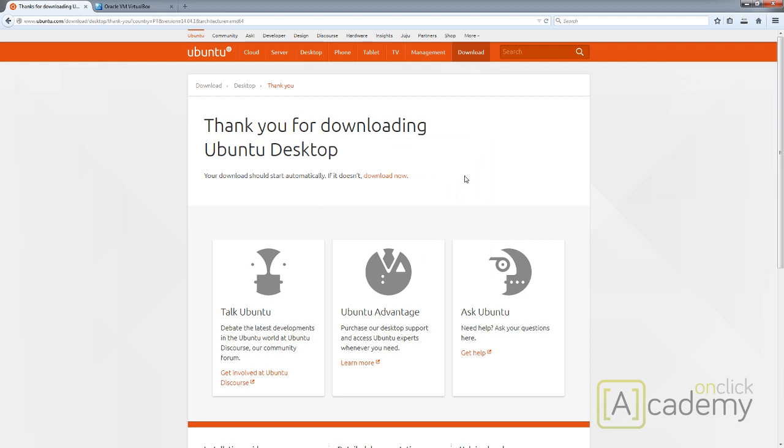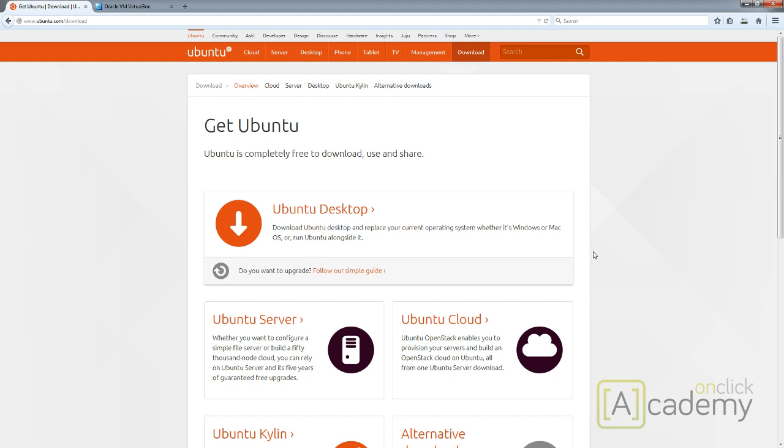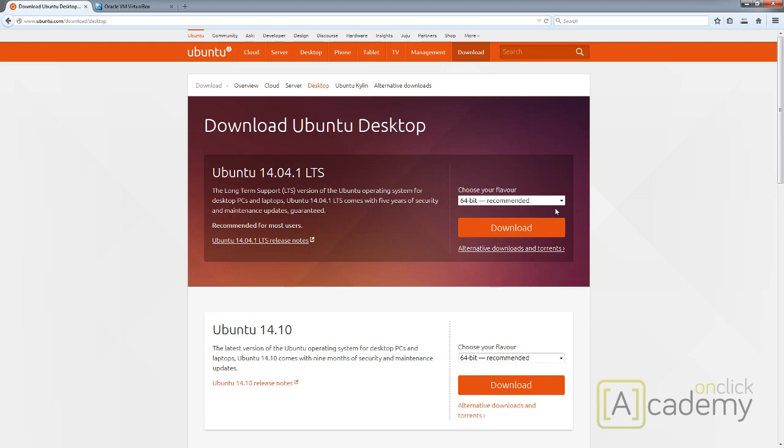Okay, you'll be downloading a file, which is an ISO file or an image file that we will later need to install Ubuntu in our computer. So it's downloading right now. There it is. Meanwhile, we can go back, click overview, and click Ubuntu desktop again, and